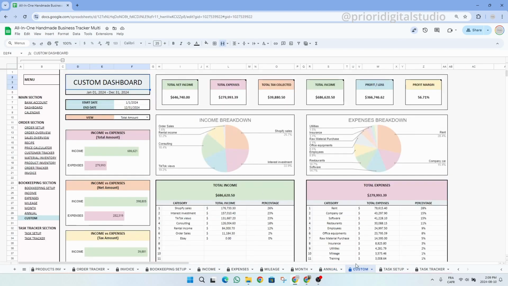Now let's take a look at the custom dashboard tab. This tab is very similar to the monthly tab and the features are exactly the same. So once again, the only cells you can modify are the start date and the end date and the view drop-down menu. The only difference is that you can decide which interval of date you want to check your business